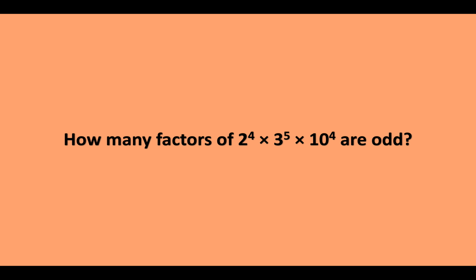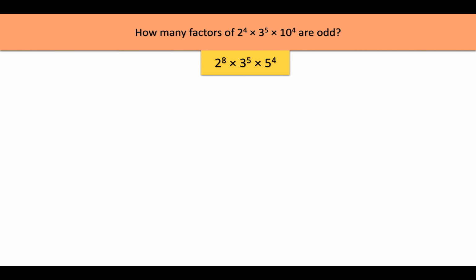So let's move on to the next problem. How many factors are odd? This one I would strongly recommend you try yourself, because this is very similar to the one that we just did, right? So what are odd numbers? Odd numbers are not even numbers, which means not divisible by 2. That means in the prime factorization, there will be no 2. So if you see an odd number, right? Let's say you see an odd number 15. 15 is 3 multiplied by 5. There is no 2 in it. If you see any number which has at least 1 2 in its prime factorization, let's say 2 into 3 or 2 into 5, 2 into 7, all of these will be even, right? So for an odd number, the restriction is that the exponent of 2 should be 0.